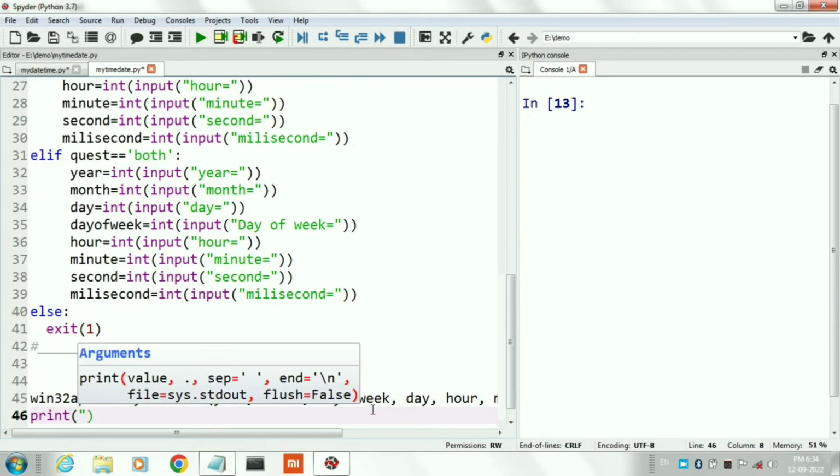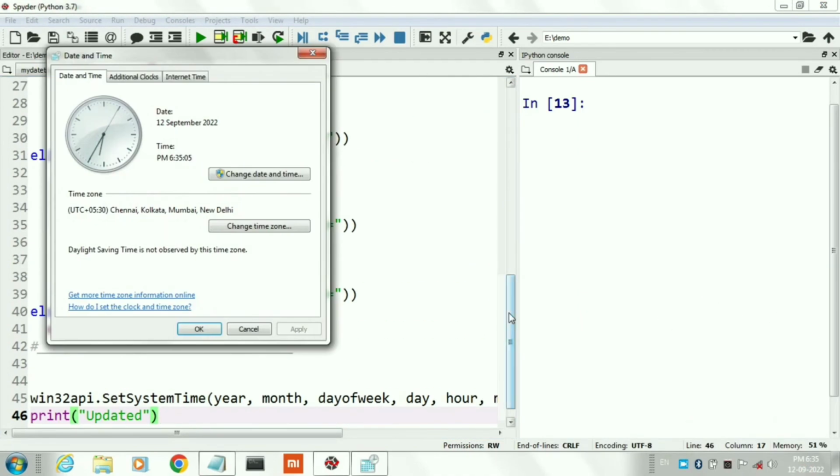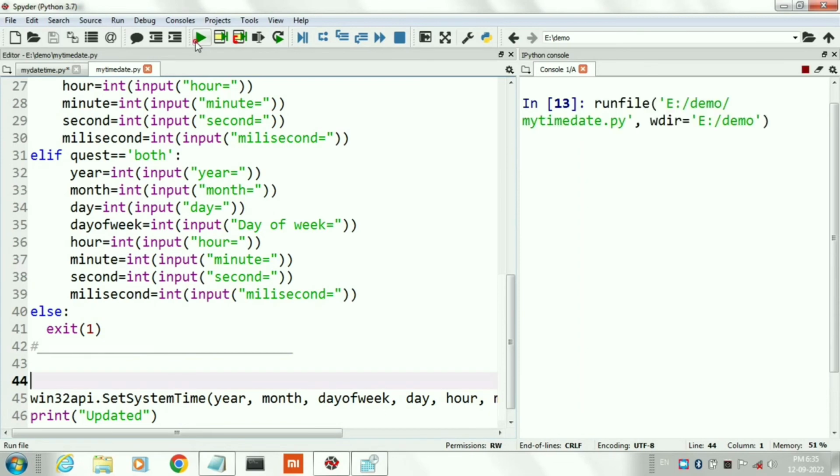If you want to change the date, then you will input new year, month and day of week. At last we will print system clock updated. This is the system clock time and date which we will change by using this function.